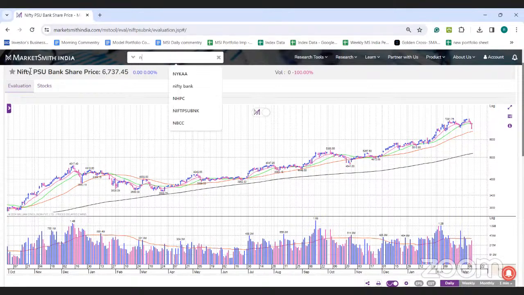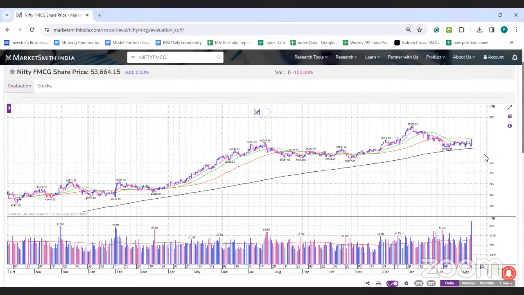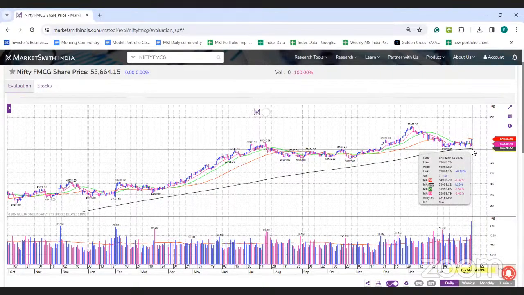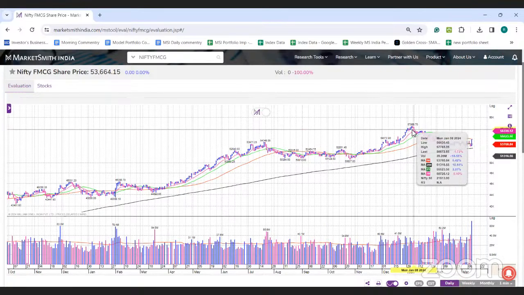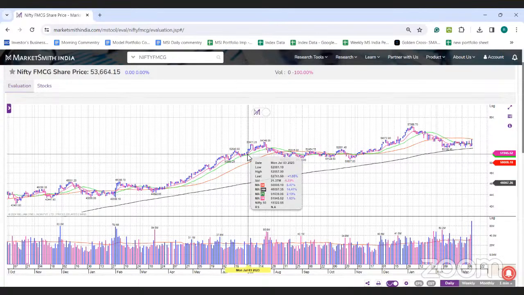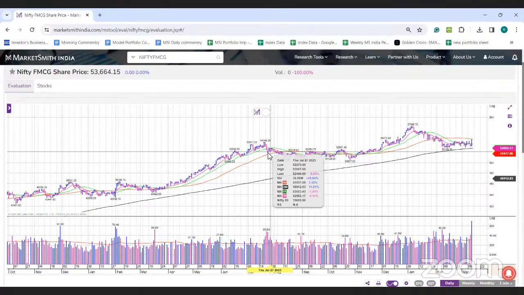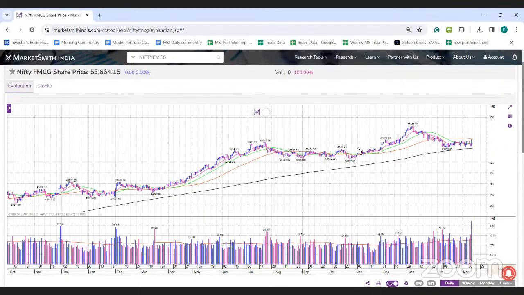Now, if we look at the FMCG index, so due to ITC, this was the only index yesterday to close in the positive. But here it found resistance to cross its 50 DMA. This index was the underperformer of the last financial year, especially if you see after जुलाई में इसने हाई बनाया, उसके बाद कुछ मेजर मोमेंट नहीं किया. लुक एट द मिड कैप स्मॉल कैप निफ्टी का जो मोमेंटम था, ये उसको कैच नहीं कर पाया, स्पेशली इन